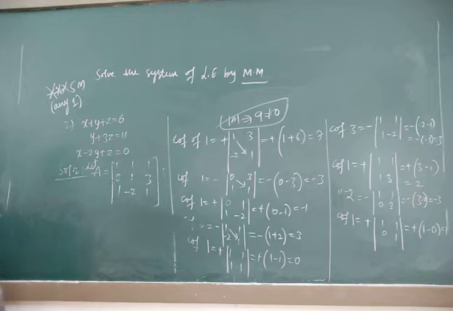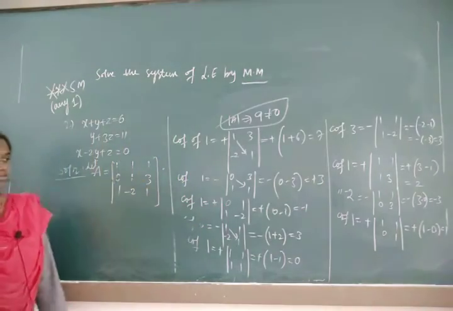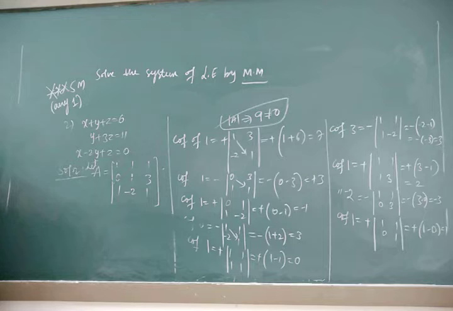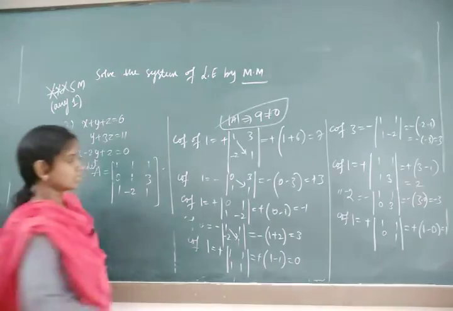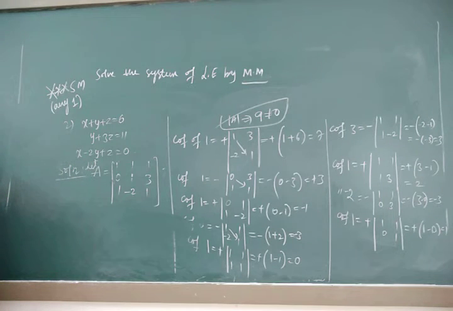So this is about the cofactors. So what is the first value? Our first value, cofactor of 1, was 7. Next it's a plus 3, because 0 into minus gives plus 3. Third one, it's a minus 1. Fourth one, it's a minus 3. Next, fifth one, it's a 0. Sixth one, it's a 3. Seventh one, it's a 2. Eighth one, it's a minus 3. Ninth one, it's a 1.